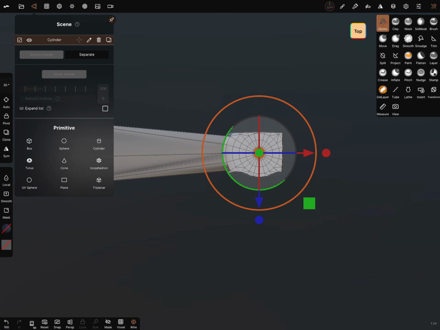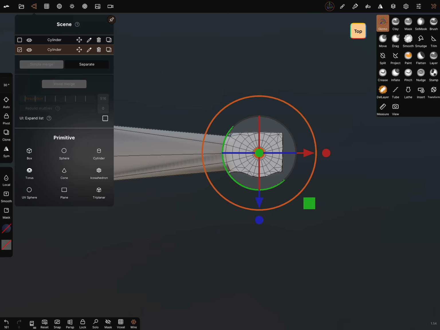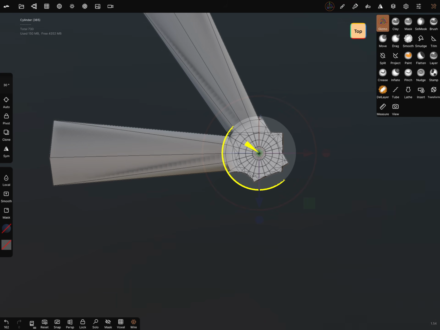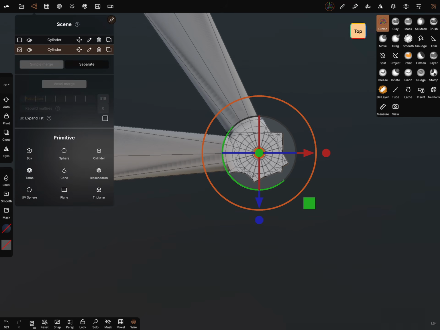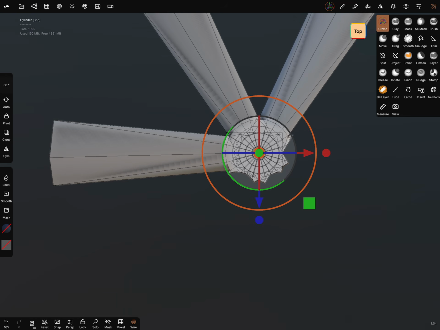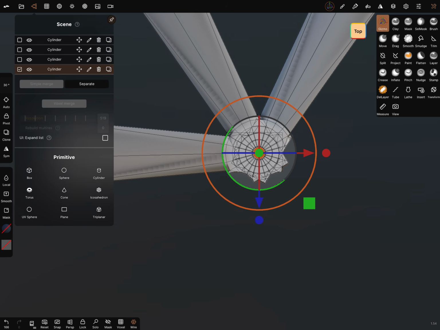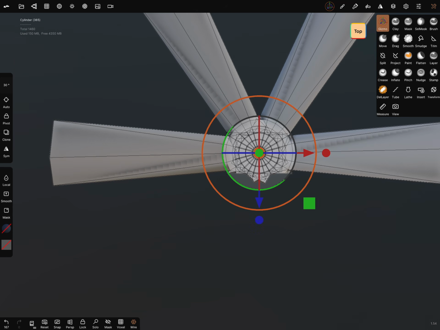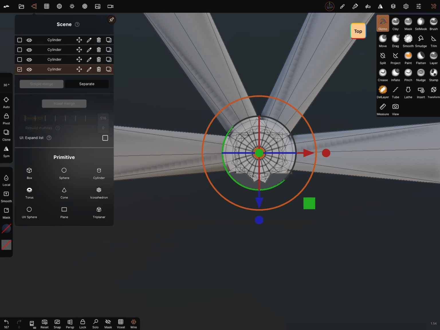And now you have to duplicate the blade and rotate it 30 degrees, 60 degrees. When this is done, duplicate it again and rotate the next blade. Again, duplicate. Duplicate.